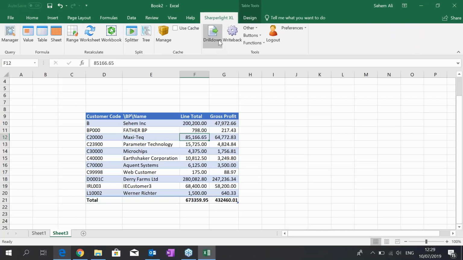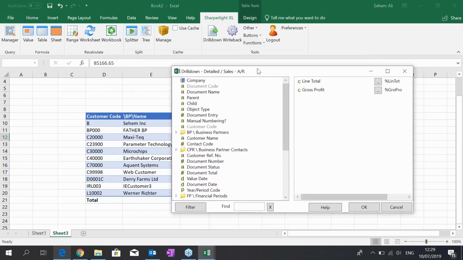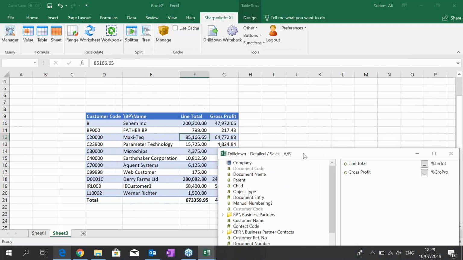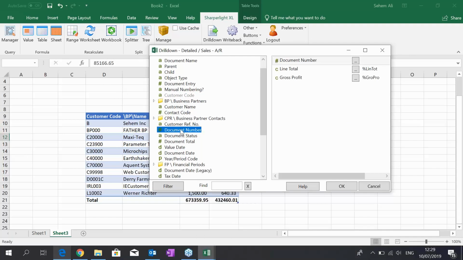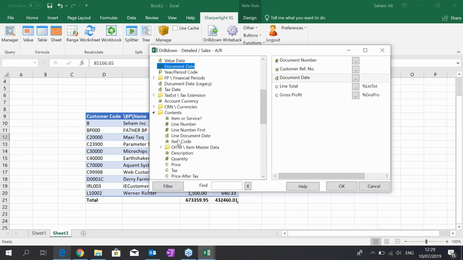If I click on my drill down there, based on the cell I want, I'm on MaxiTech, it's highlighted. I can click on my drill down there, and I can go with a summary on top of that, or I can go detailed on top of that. In this case, I'll go straight to detailed. I'll be required to choose how I want to see the breakdown. I'd like to make it a bit more detailed. So I'll drag in my document number, maybe the customer reference, and maybe the date and what was sold, just so that you can see the breakdown. So now if I click on OK,